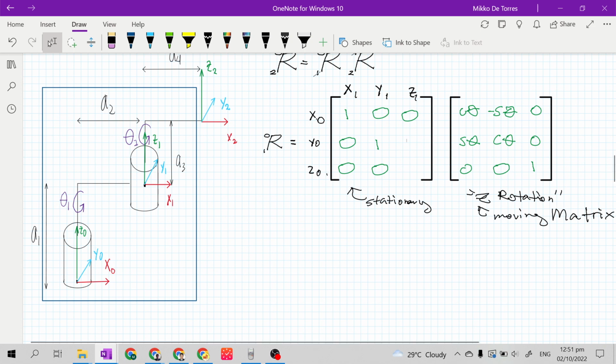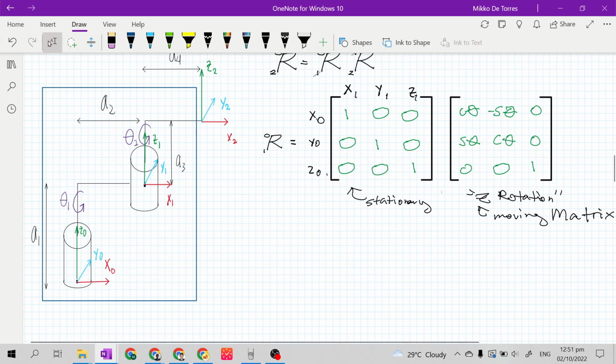So they are perpendicular with each other. So this is 0. Z sub 1 on Z sub 0, they are at the same direction. Okay. So we have 1 unit at the projection of Z sub 1 on Z sub 0. Okay. So we have now the stationary matrix